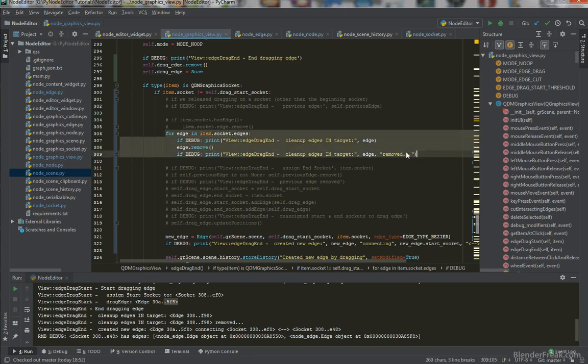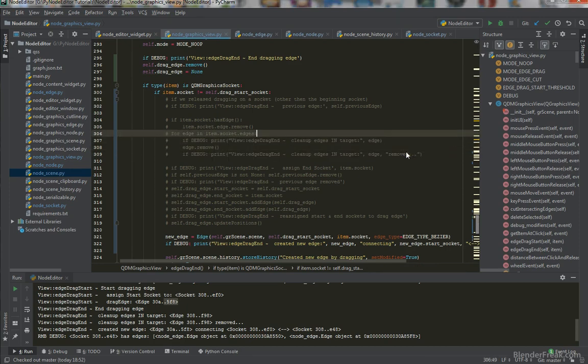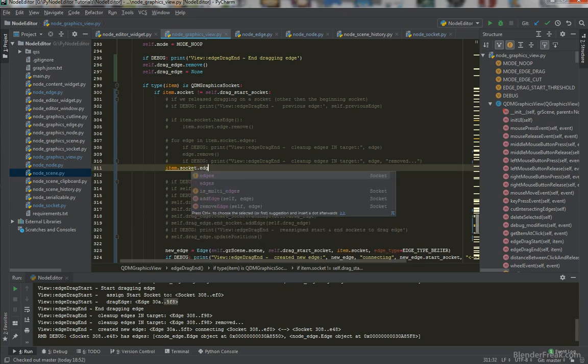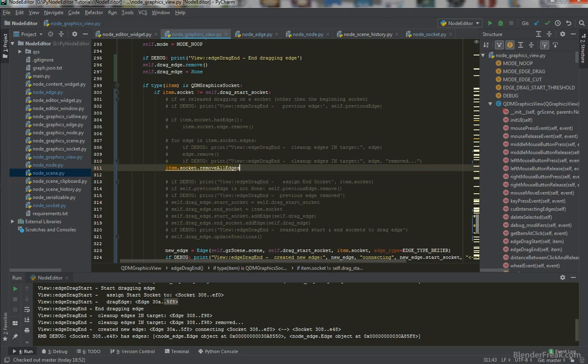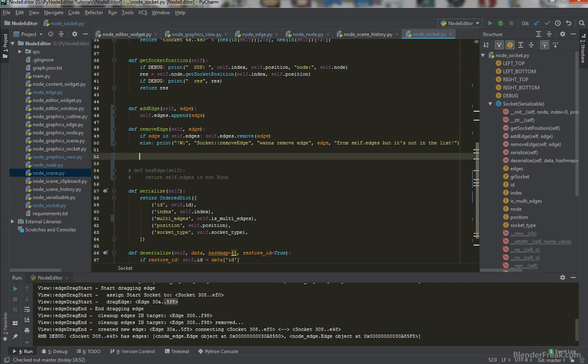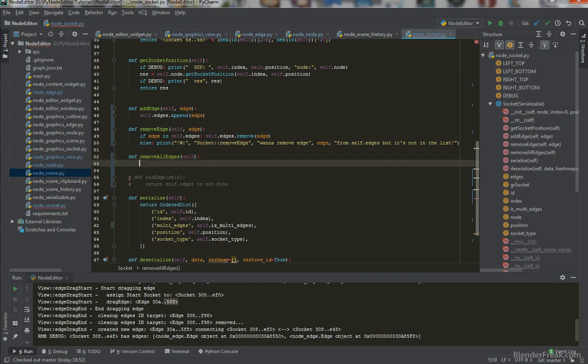So instead of this, I will just call a new function. item.socket.edges, no, not .edges, but we will call remove all edges like this, and we will create this new function here in our socket which will handle the deleting of or removing all of the edges in the list for us. So basically, new function in the socket, define remove all edges, self,